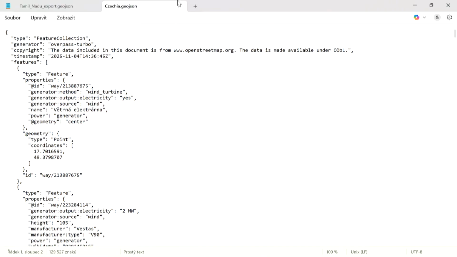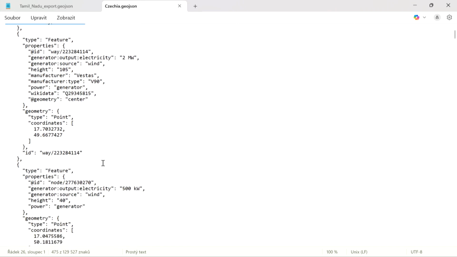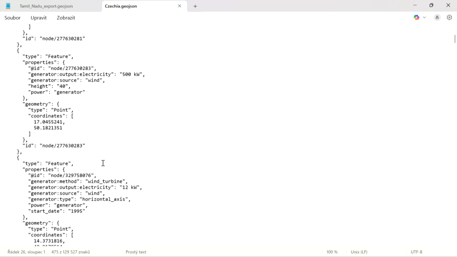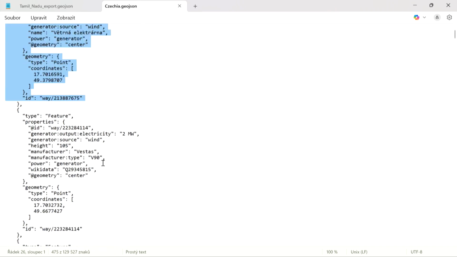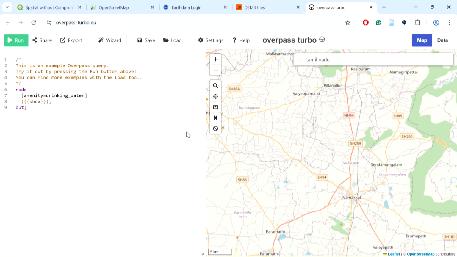And now you just need to put in JSON format the query that you want. I already have it prepared. Sorry, I always lose my place. There is my query for Czechia, for the whole Czech Republic, and you can see it is my individual query that I already checked for the whole Czech Republic. So it is GeoJSON. It is exported information. Okay, it is already exported. But the query is